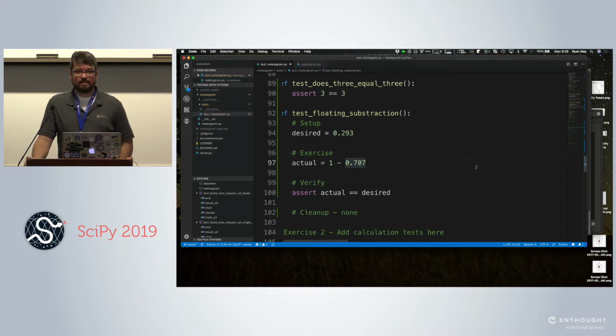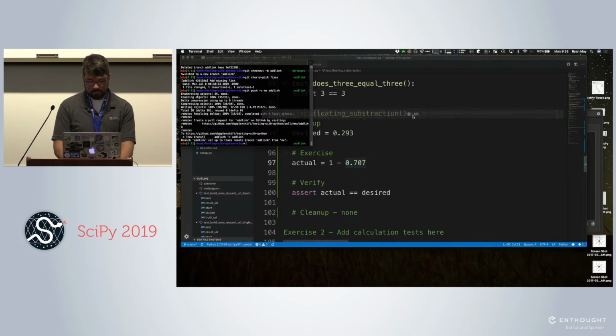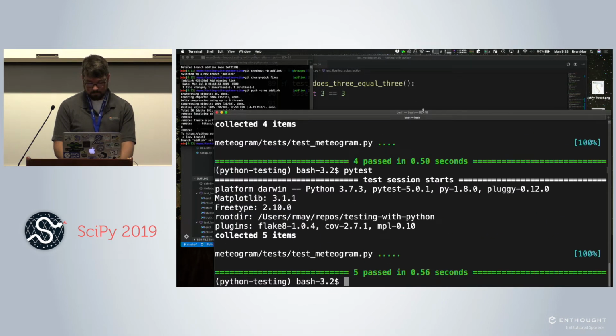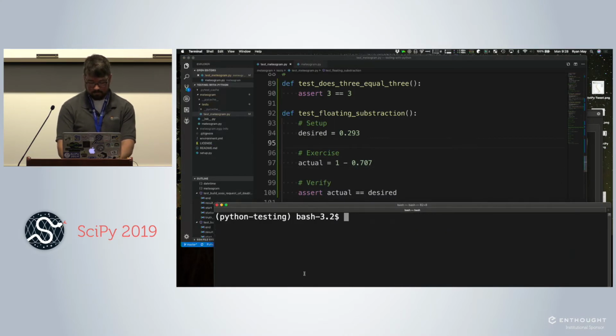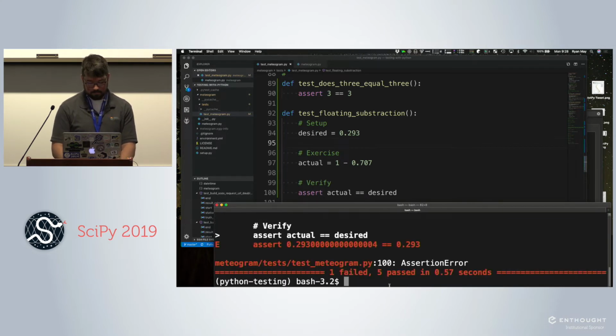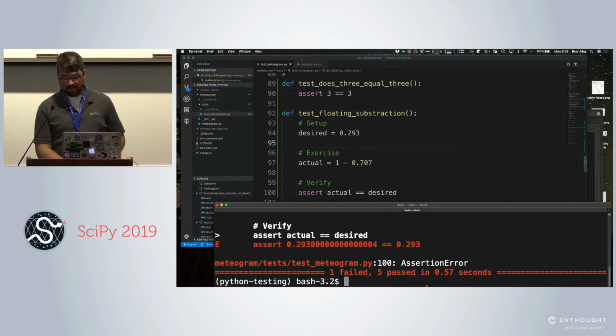So go ahead and try to run that and see what happens. I'm sorry, I know this is a little low for those of you in the back, but I want to have the code up at the same time here.